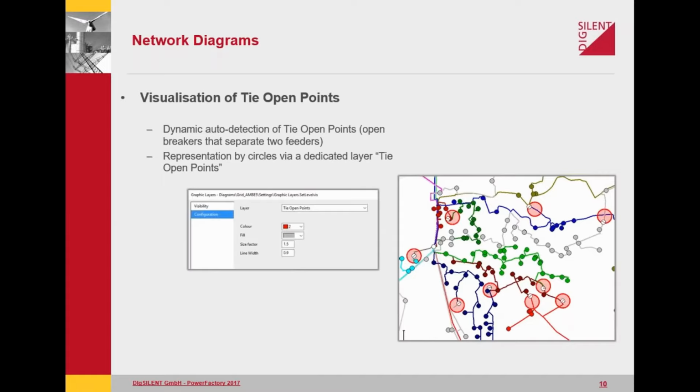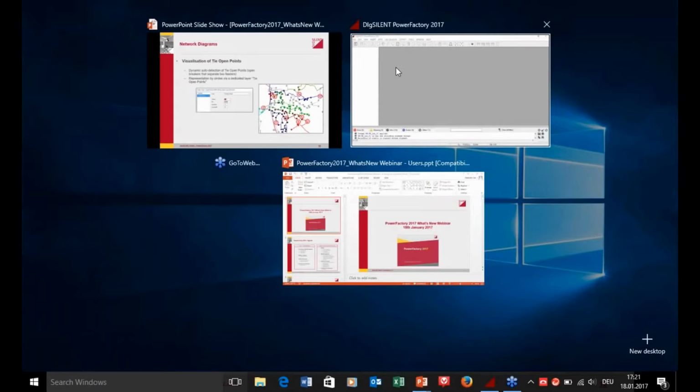And thirdly, also useful for distribution networks, a new layer is available to allow the user to see the open points between different feeders. The layer can be displayed on various graphic representations, such as overview diagrams and detailed substation diagrams. So, to see these various features in PowerFactory,